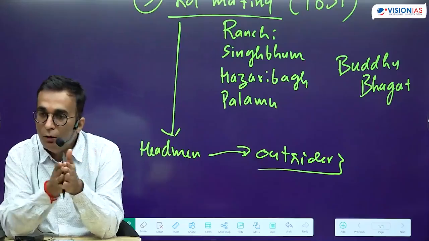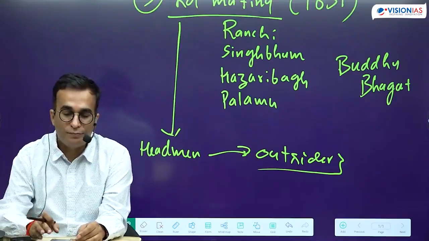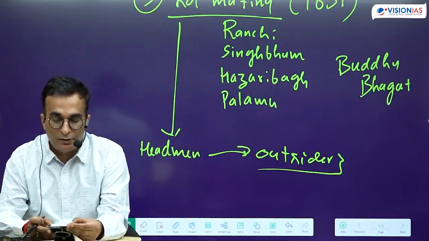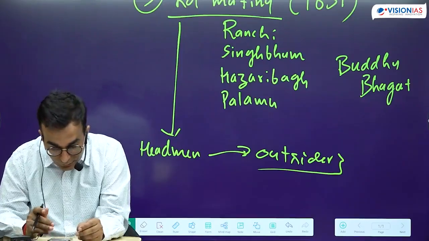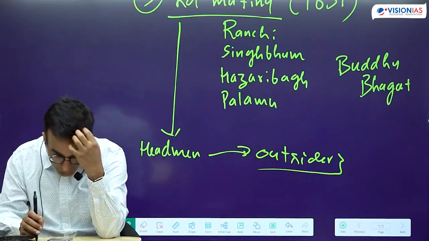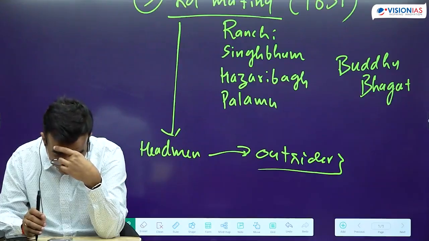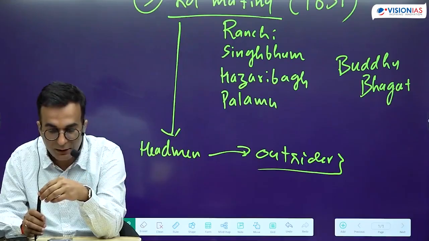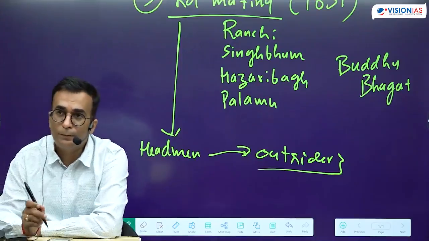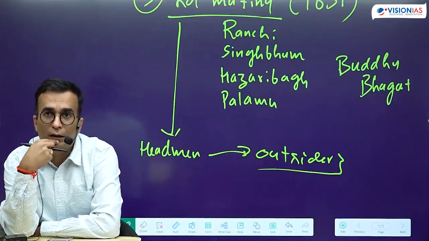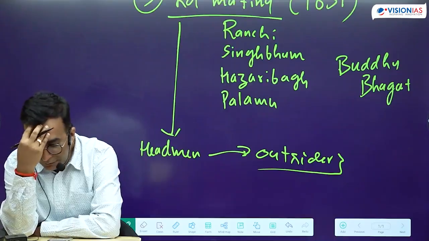So make a note: Kol were the tribals of, and write the names of all these districts. Kol were the tribals of Ranchi, Singhbhum, Hazaribagh and Palamu. Then mention, it was the mineral belt of India,